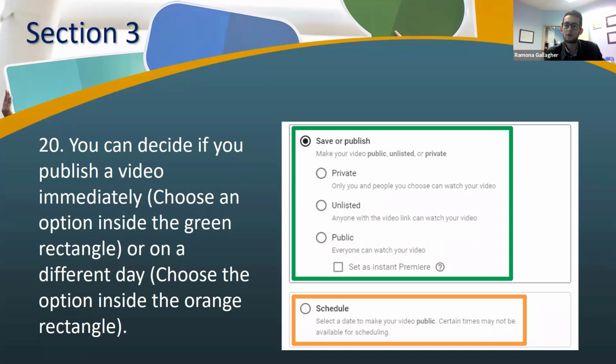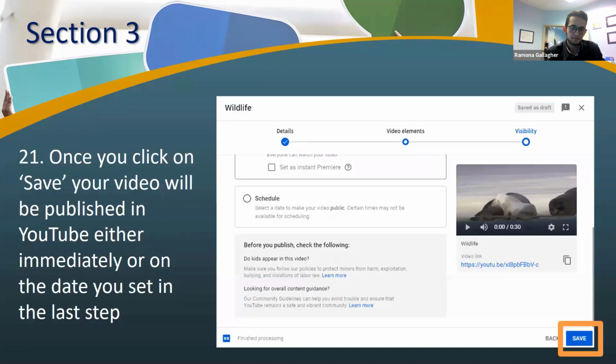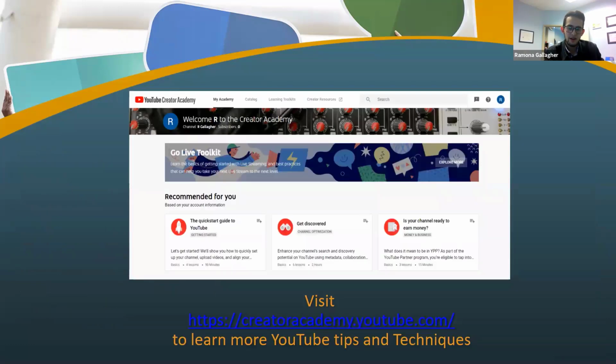For example, you can record several videos whenever you have time and then schedule a video a different day. That way you're going to be able to just forget about YouTube for a while and let the system do everything on its own. So as I told you, once you're done with all of those settings, you can click in Save. And that's gonna take you to